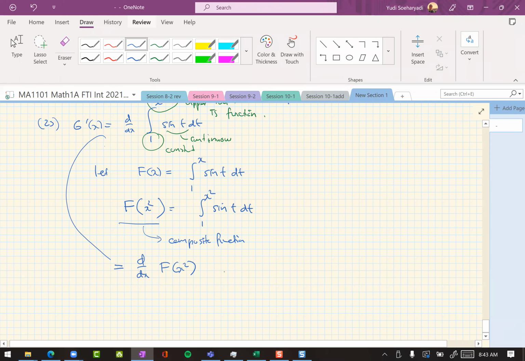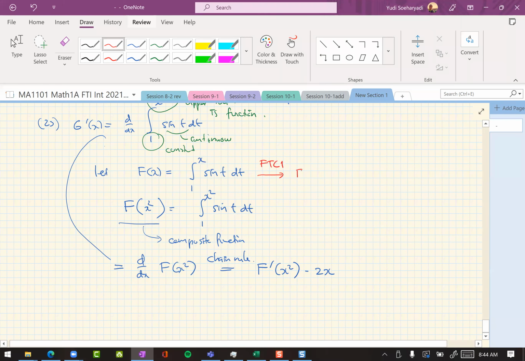Right, so chain rule now. You get the derivative of F at x squared times the derivative of x squared, which is 2x. Okay. All right. Now from here,